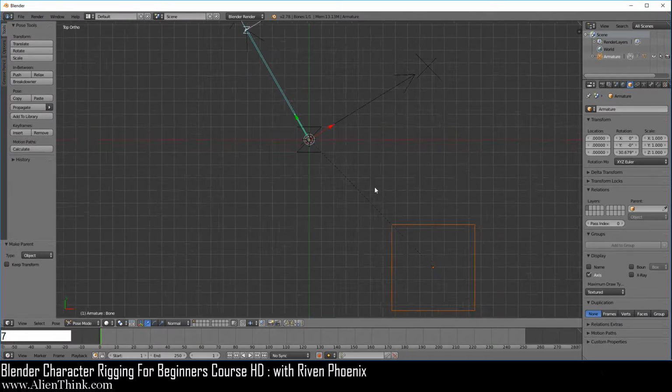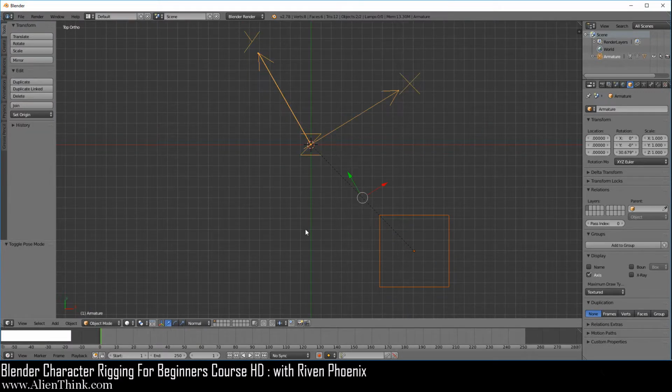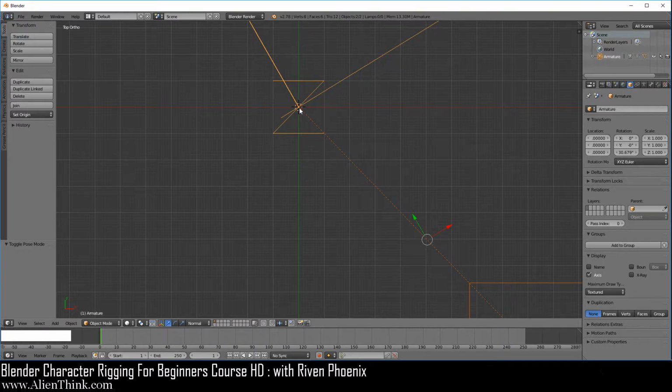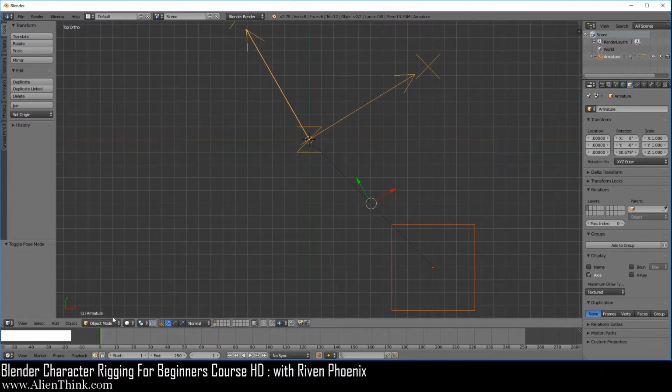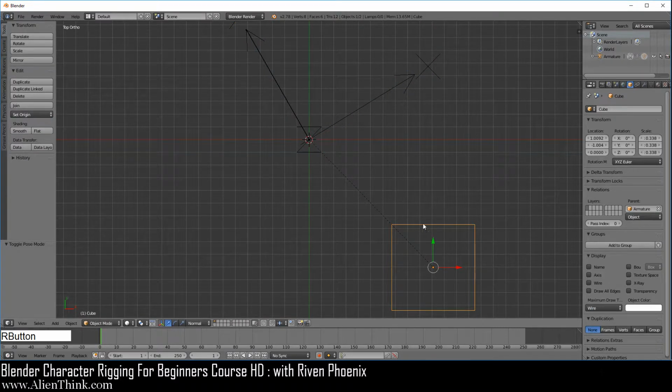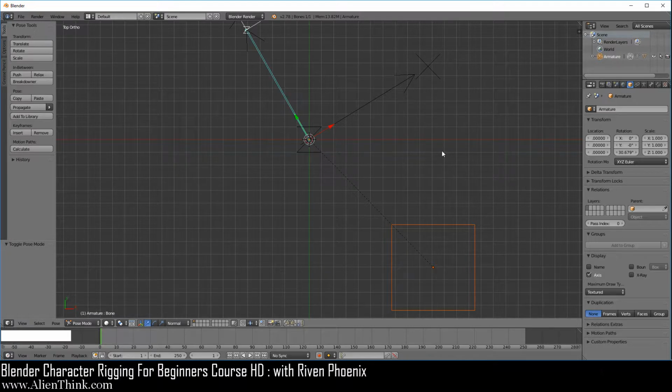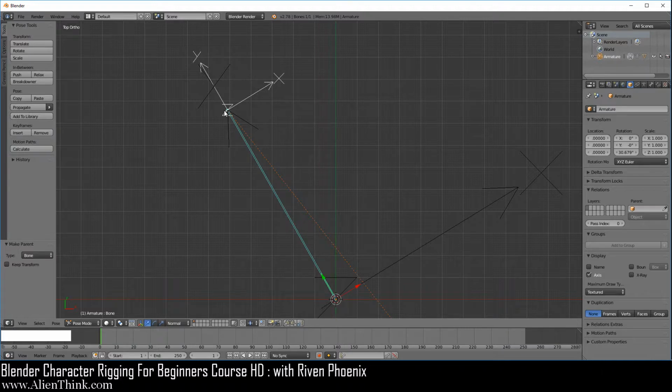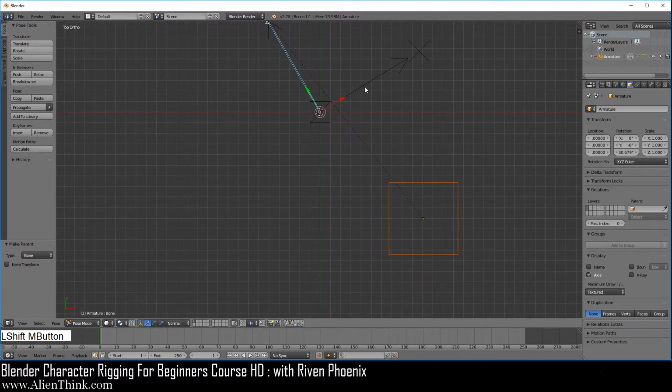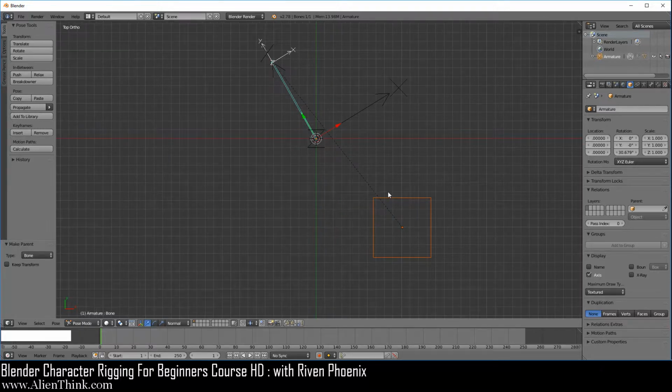I'm going to press the 7 key to go to the top view. So if you click over here in object mode, you can see that it's going directly to the armature's origin point. Okay, now when we switch this to pose mode, click on the cube, press the shift key down, click on this bone, do Control P, and we click on bone, it goes to the bone's tail origin point. The reason I'm showing this to you here is because now you can understand what's going to happen, right? So when we create the parent-child relationship between an outside object and a single bone, it's going to connect in this way, right?